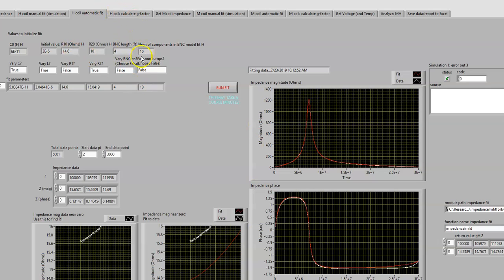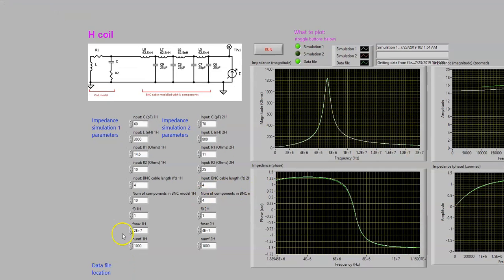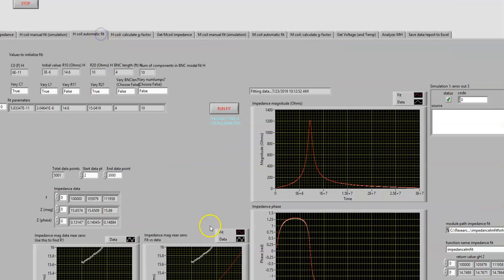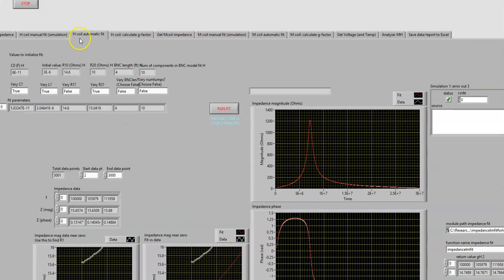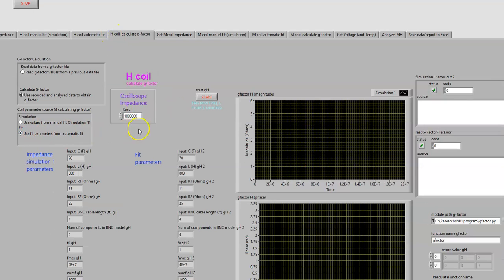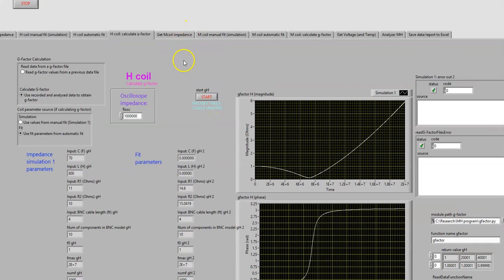So we have to look at which one is closest, and I think that the one from the automatic fit is much closer in value. So we're going with that, and you're going to use that to calculate the G factor. So that gives you the G factor with the values. And then we have to do the same process